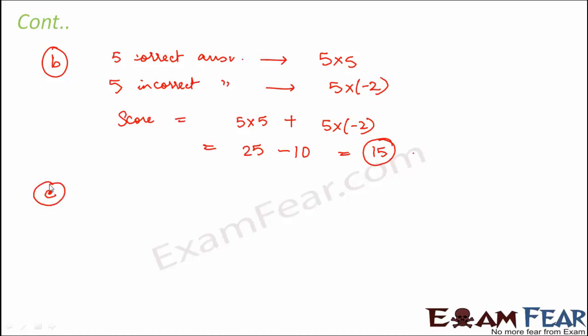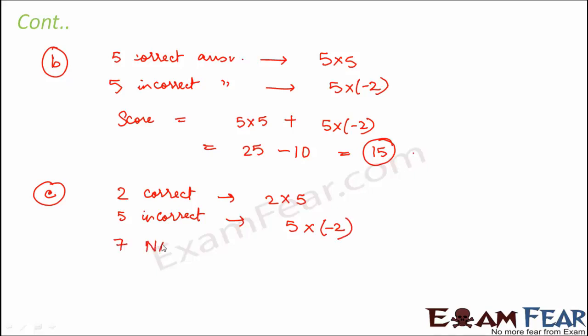Similarly, in the third case, we see that Hina gave 2 correct answers, 5 incorrect, and 7 did not attempt. So that means for 2 correct answers, the score would be 2 into 5. For 5 incorrect answers, the score would be 5 into minus 2, and for 7 questions which were not attempted, the score would be